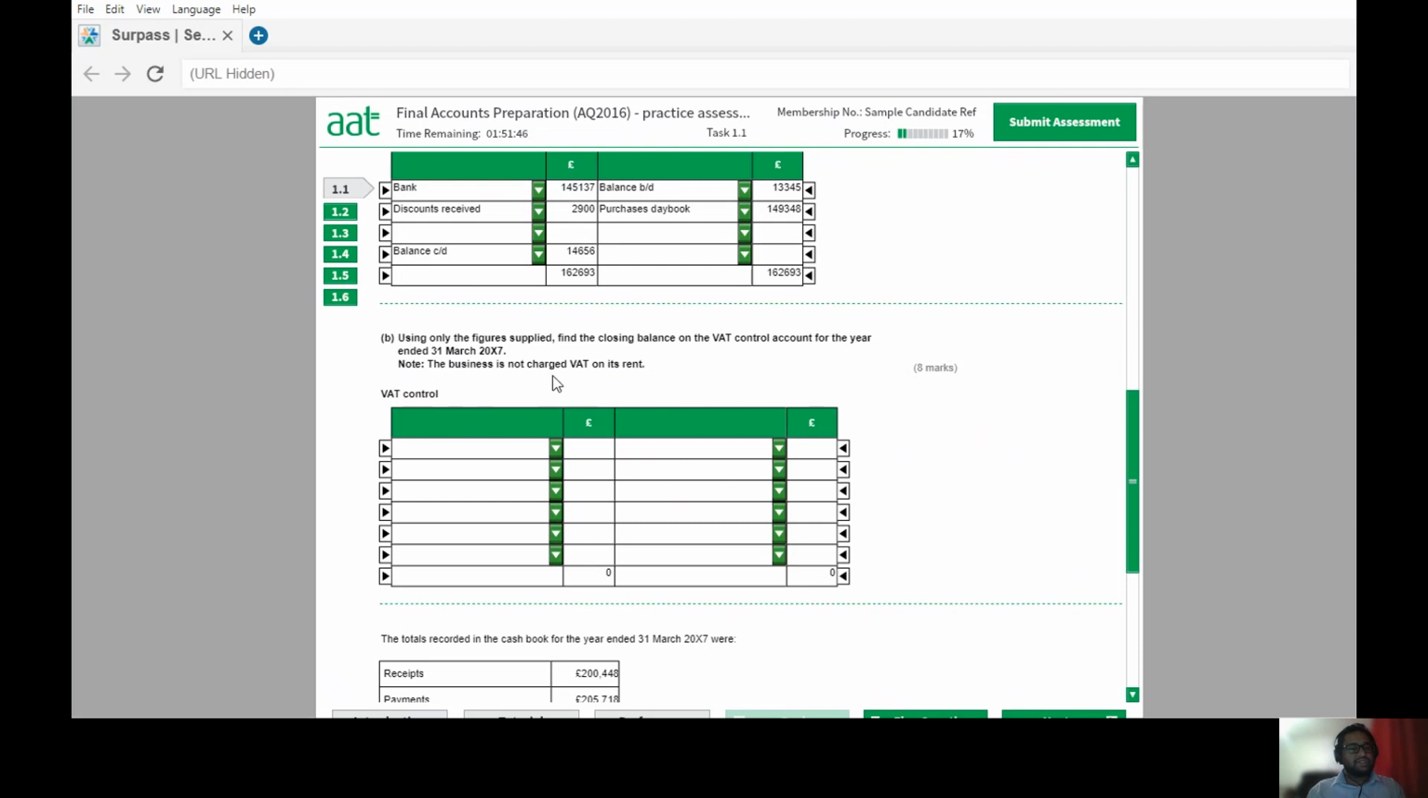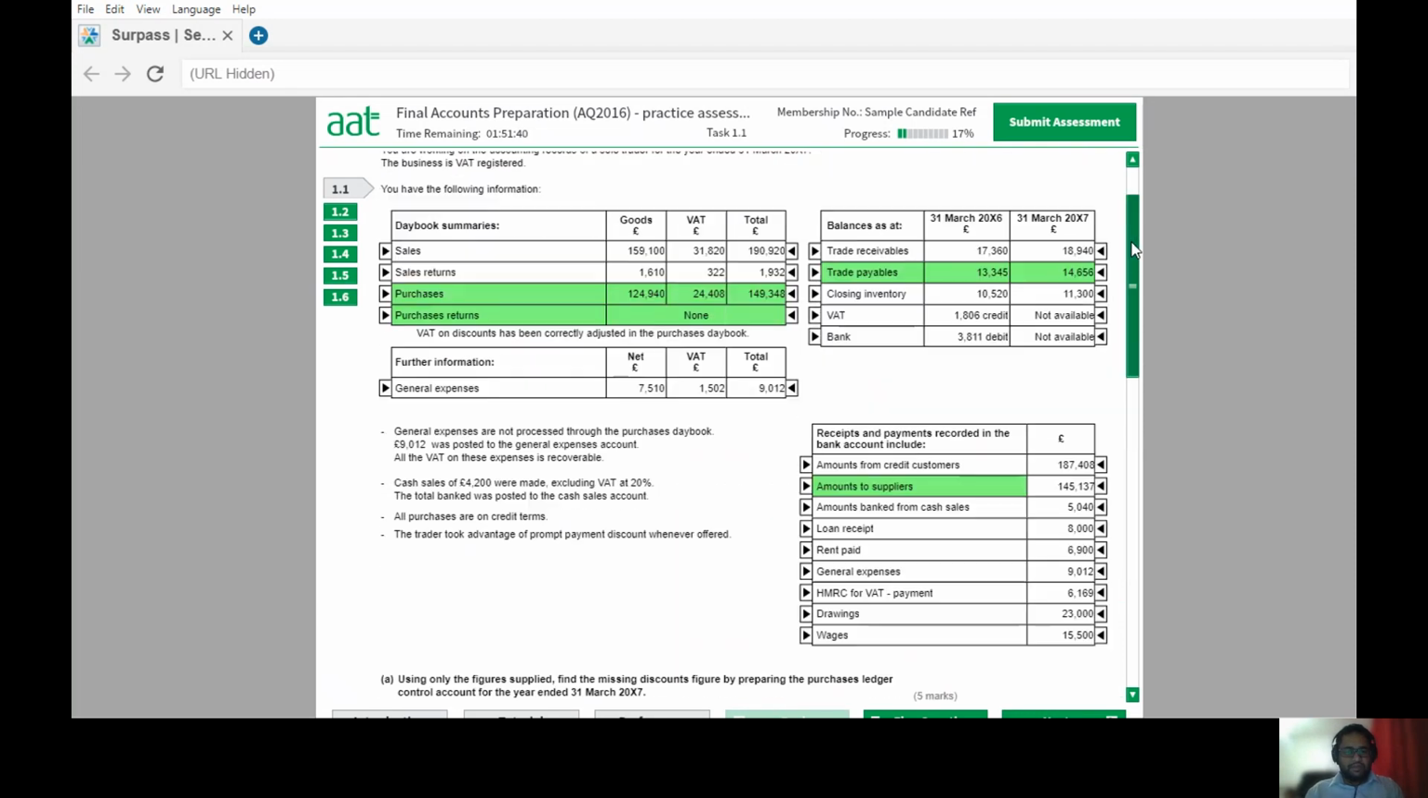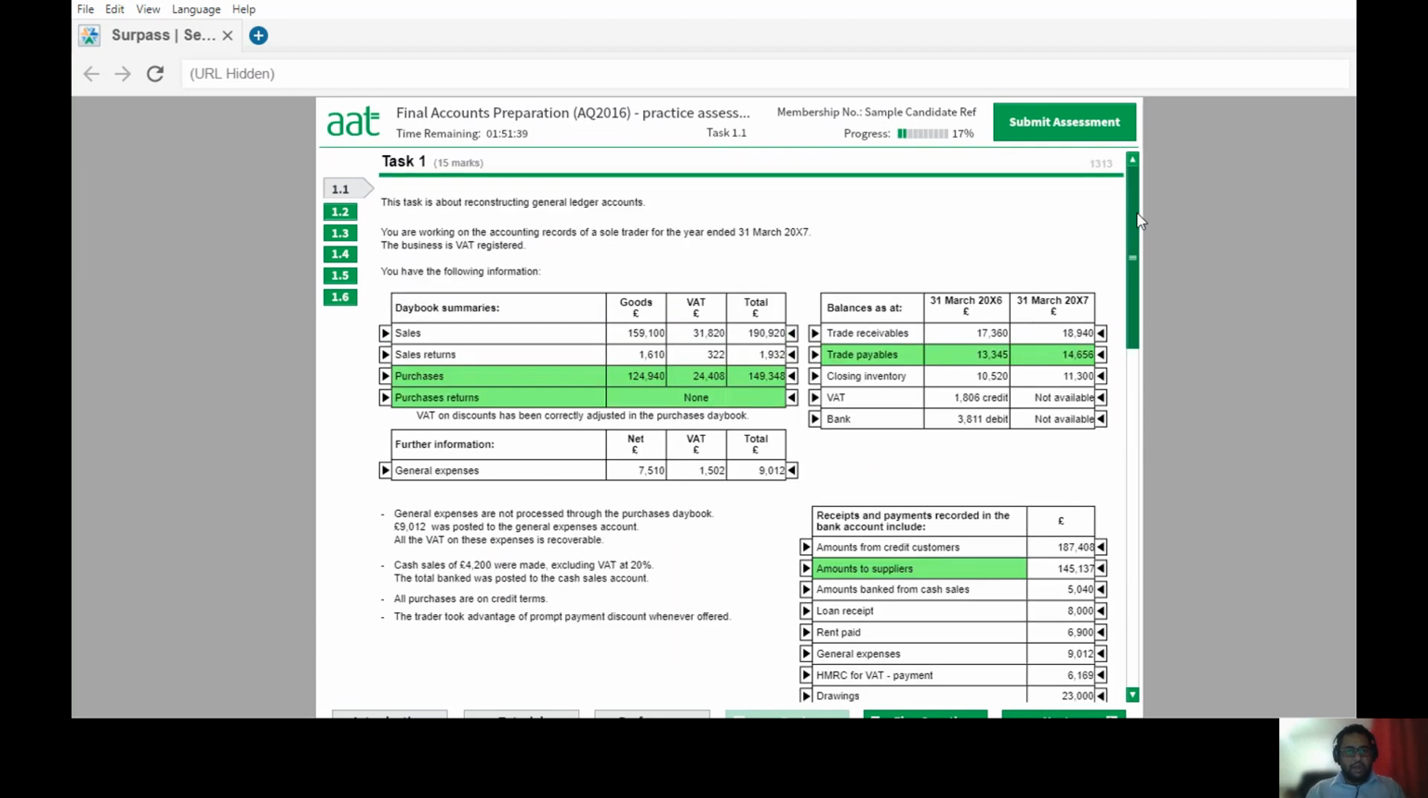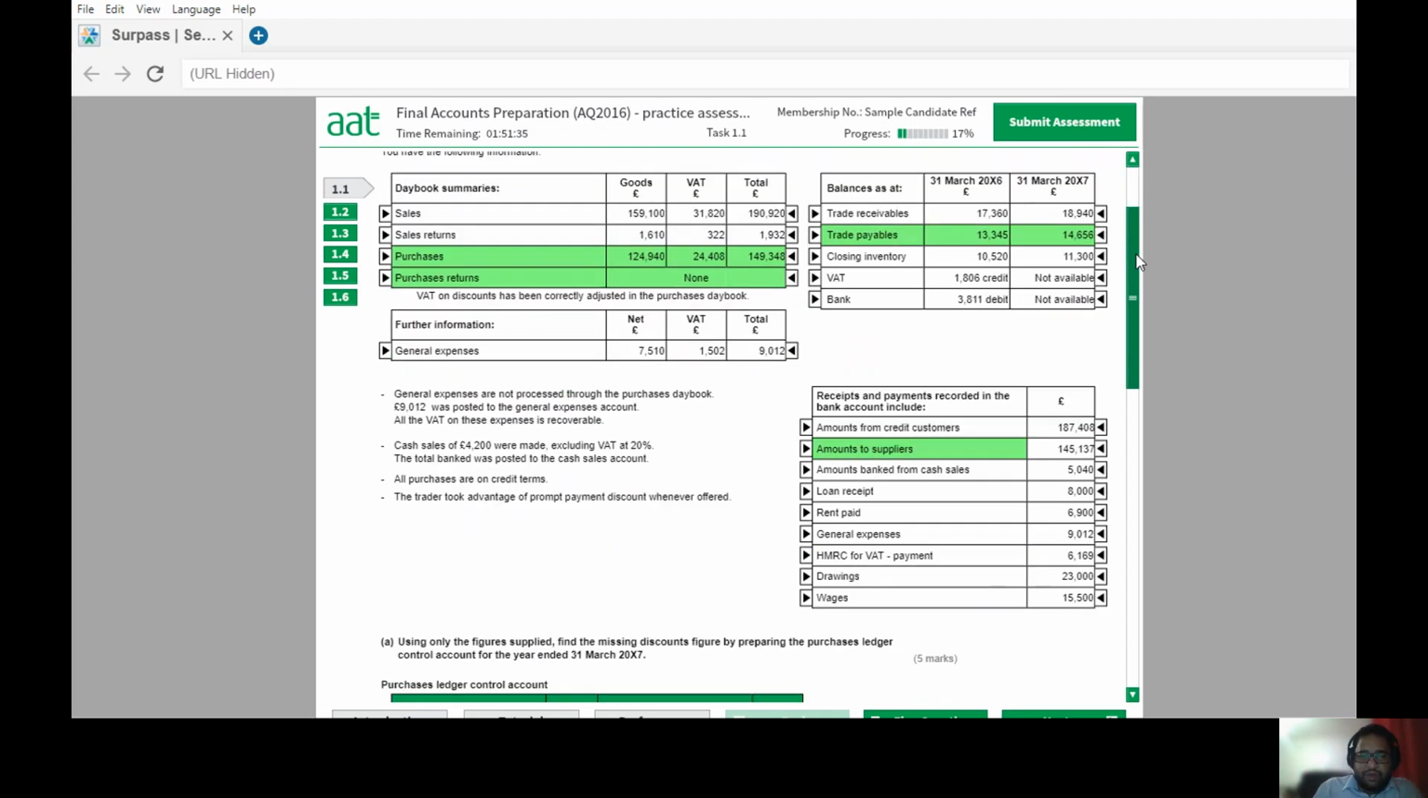Note the business is not charged VAT on its rent. Does anyone charge VAT on their rents? I just don't think so. But let's have a look at it quickly. Then there is also a catch for this one, because if you look at that now here,